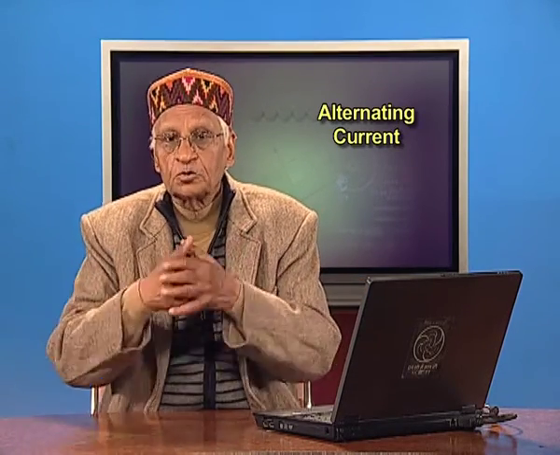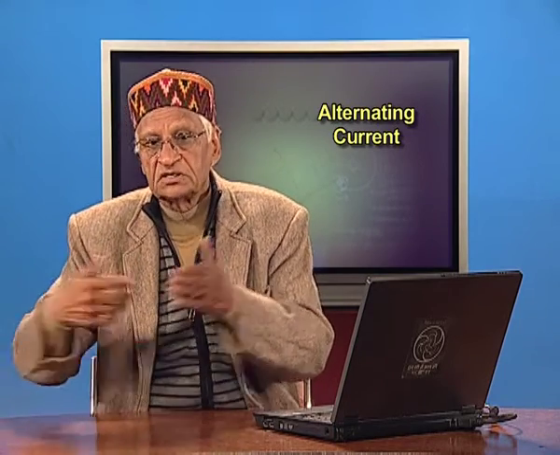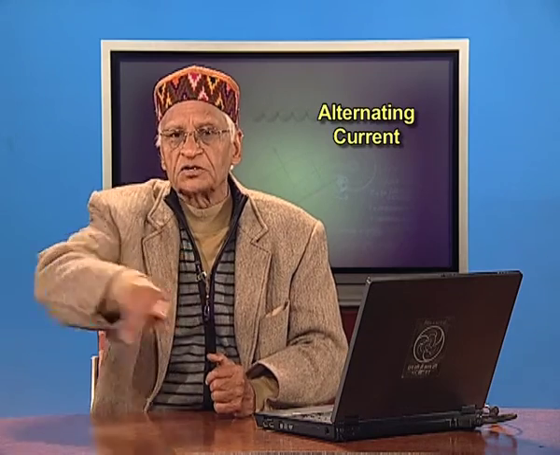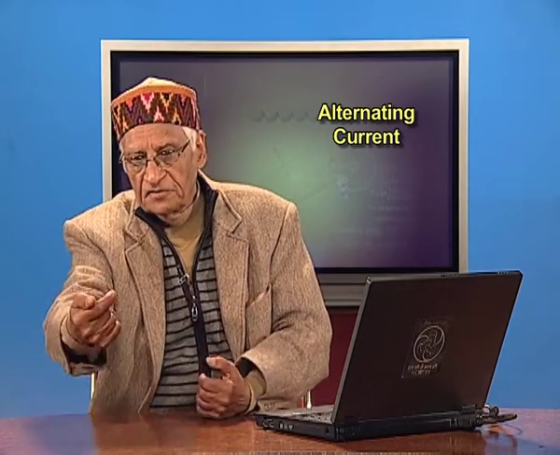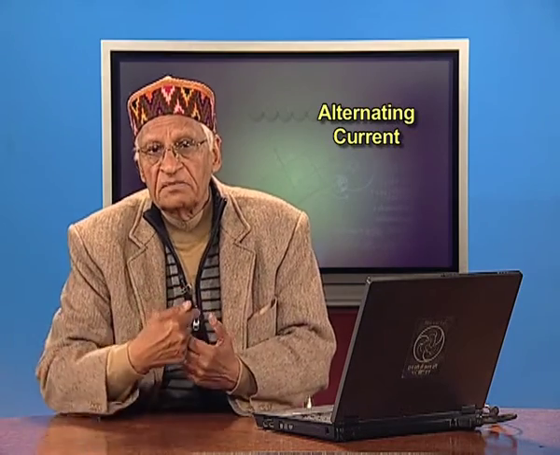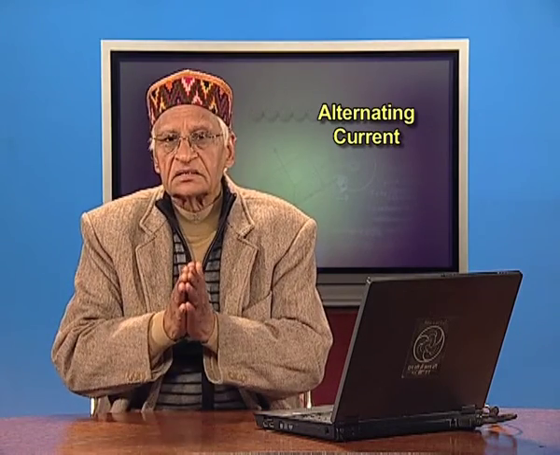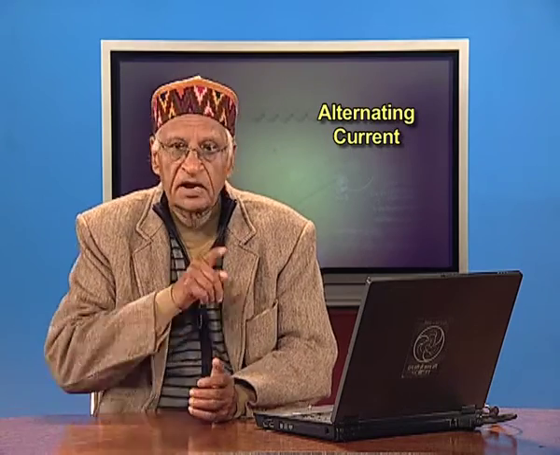Now, we have shown the inductor by a coil. It should not give the impression that only a coil produces inductance. Even a straight wire can have inductive effects. See, there is a current in the wire, and you switch the current off or on, what happens? The magnetic field changes, and therefore there is a back EMF. If there is a back EMF, there must be inductance also. Even a straight wire can have inductance, maybe small, but it can have inductance. So, the symbol should not mislead you. The symbol is this, but the inductance can be there even for a straight wire.